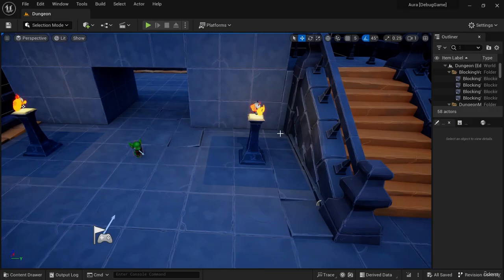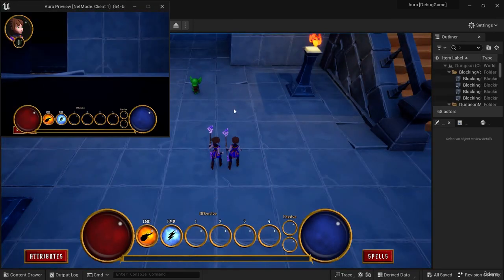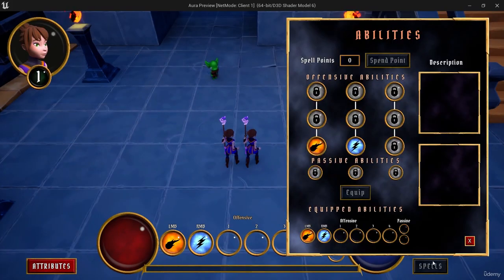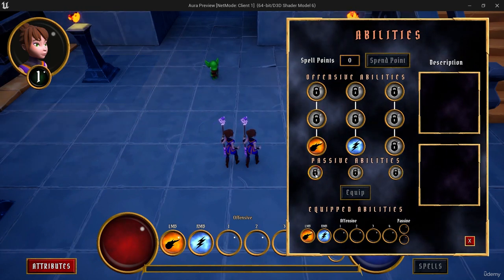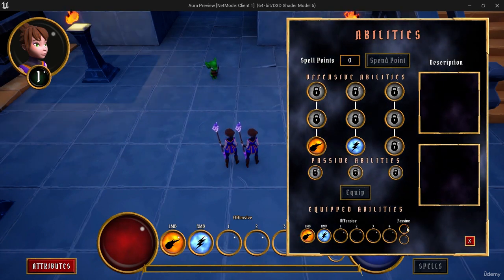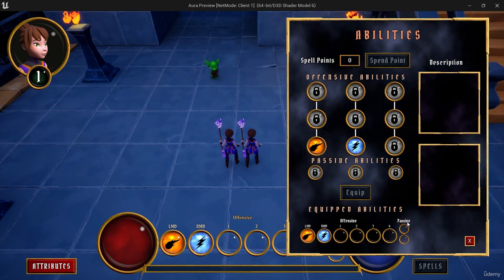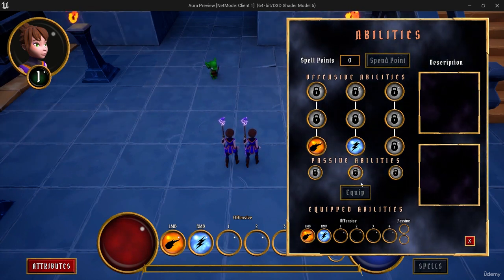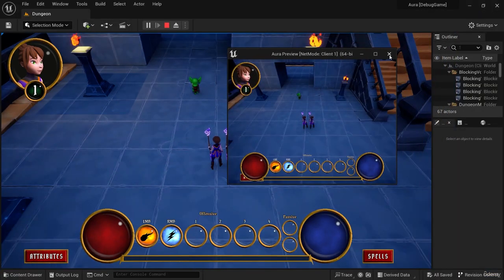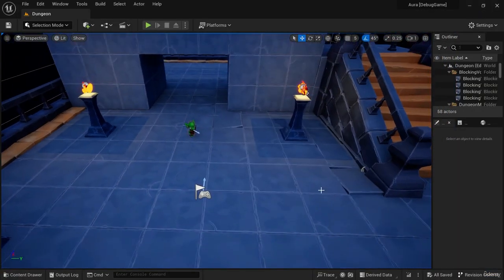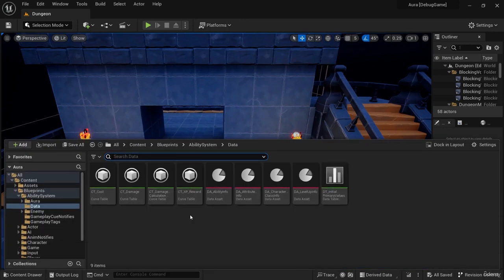Welcome back. Now, we're concerned with activating and deactivating our passive abilities. We discussed in the last video what that means. If we equip one of these to our passive slot down here, it's going to activate. If we push it out by replacing it with a new passive ability, it's going to deactivate. So we need to figure out how to do that, and on top of that, we need to know when